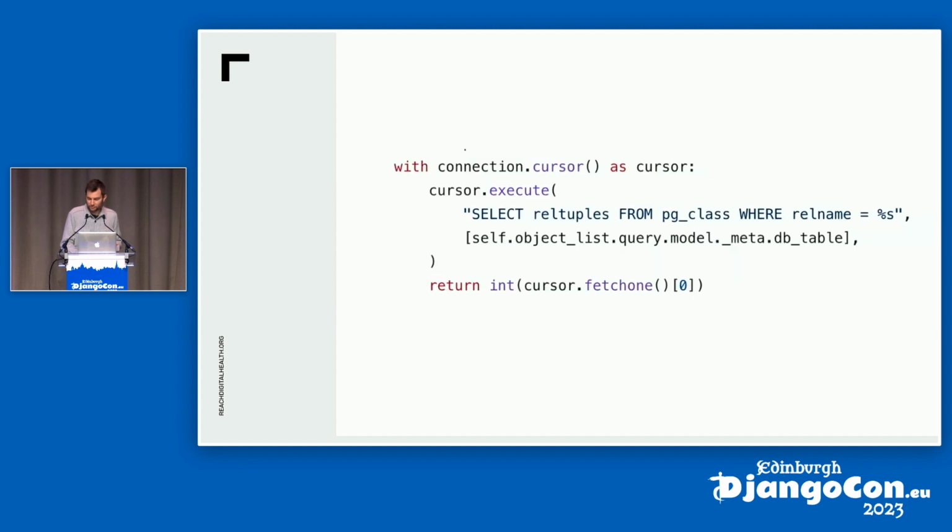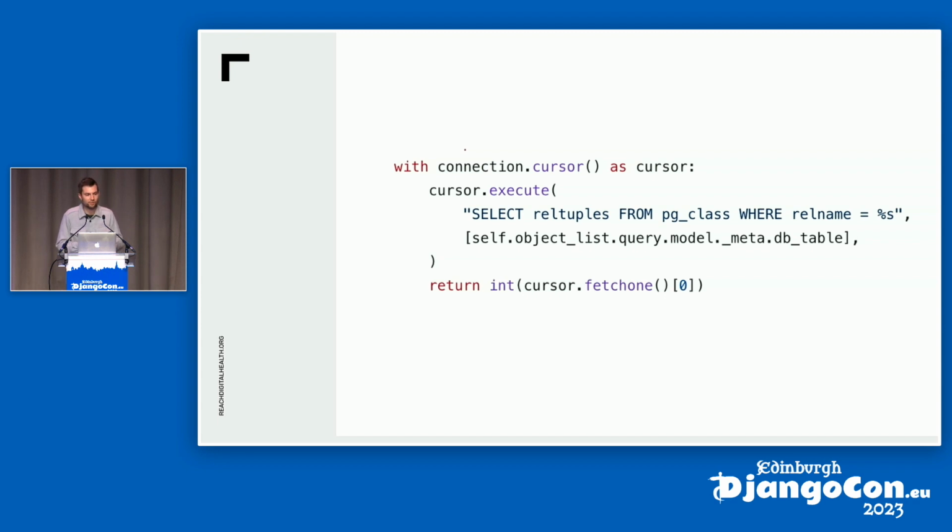So this is how we could implement something like this in our custom pagination class using Postgres. This will just give us an approximate count. But what if we don't want to do this on every table? What if we want to make a generic thing that we can use everywhere? Because we can do better than just getting the approximation.